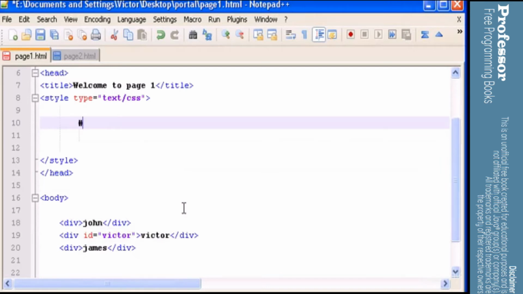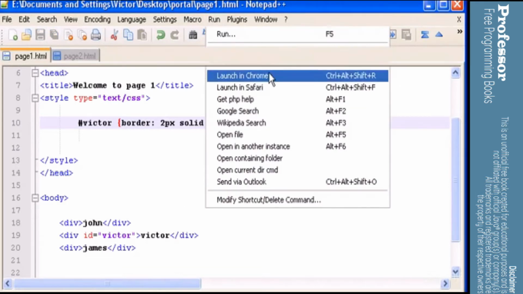So now we have to type ID Victor, curly braces, and let's give it a border of 2 pixel solid black, or let's give it a blue color. Save this, run this in Chrome,